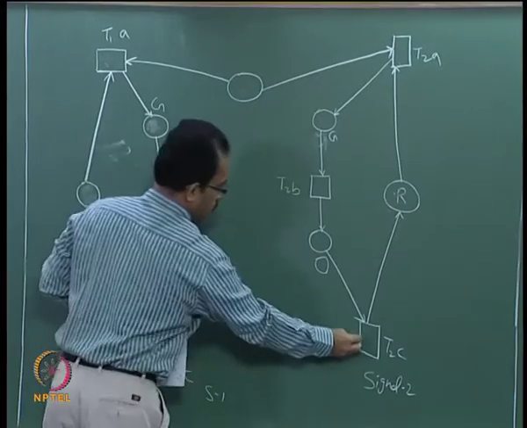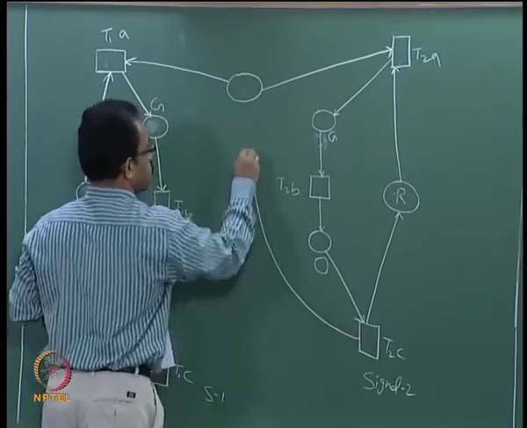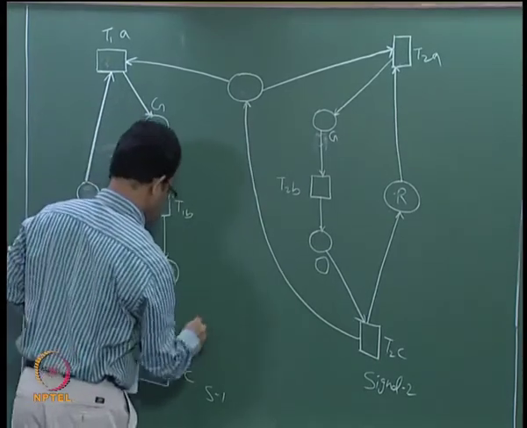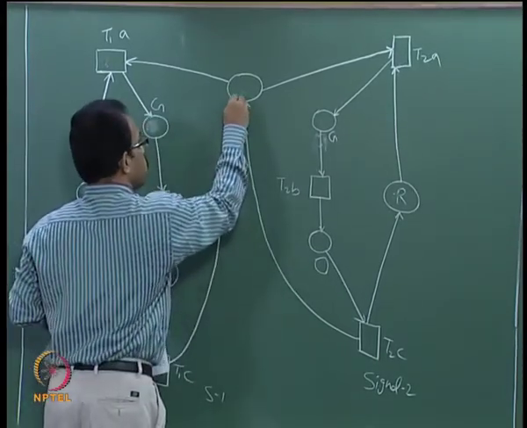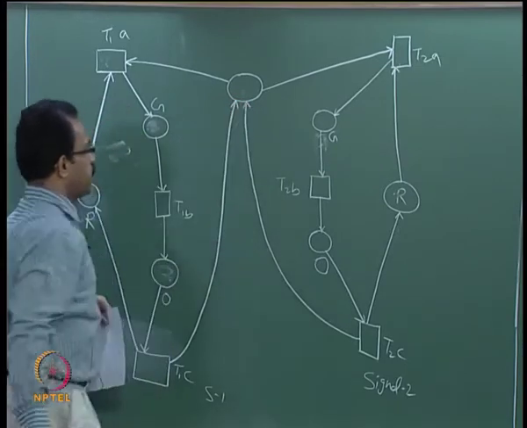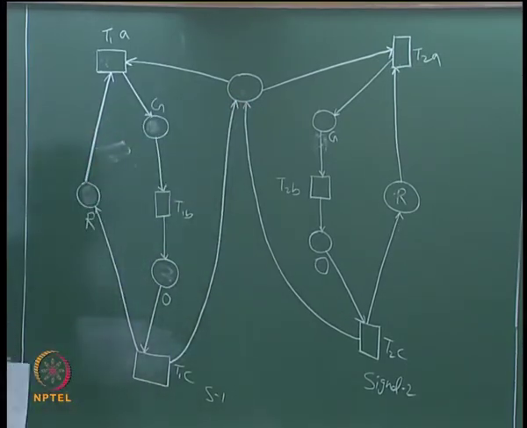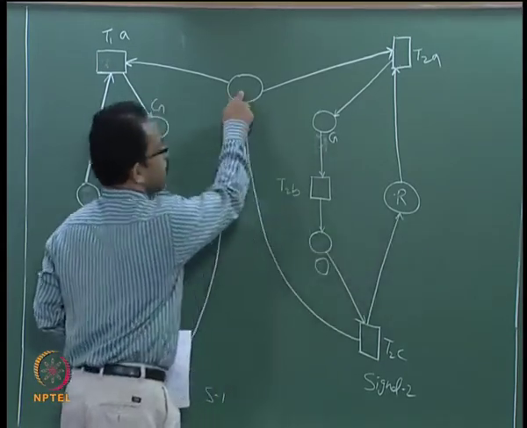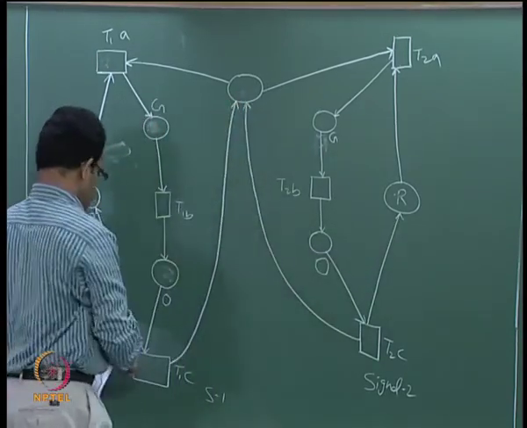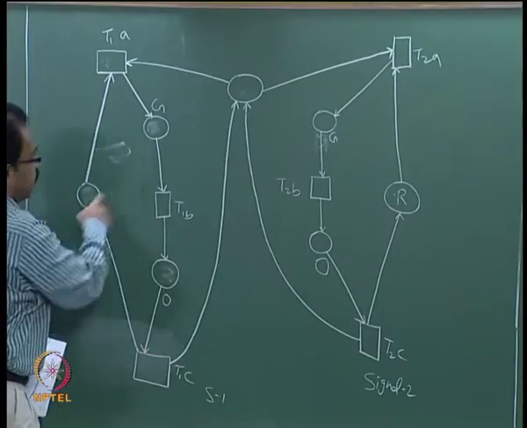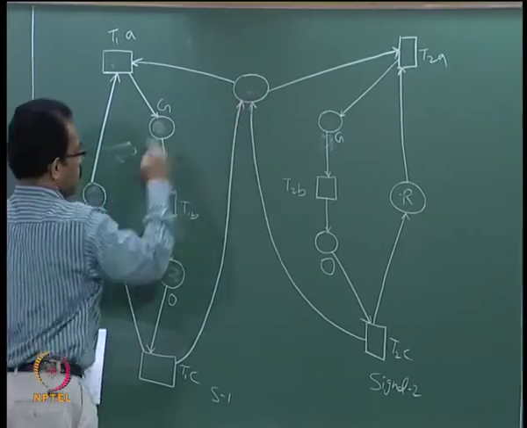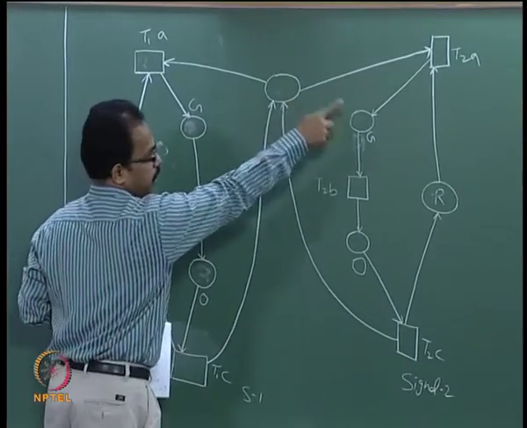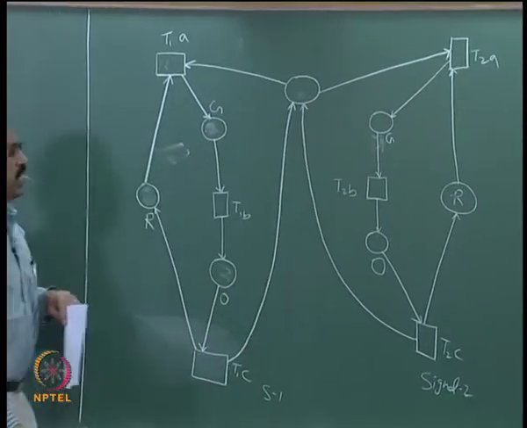So we will have a place value connected to T2C also, similarly T1C, which actually gives a token back to this particular place. That is, whenever this orange has gone to red, then there will be a token available here. Similarly, when this orange has become red, that token will be available here. That means when the signal is red, then only there will be a token over here. That means you can have a change from red to green in the other one.